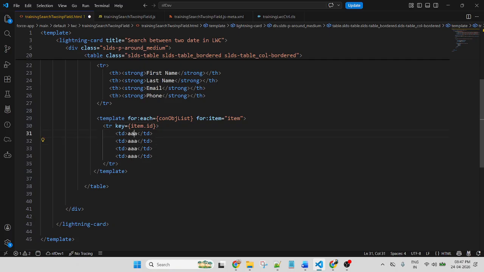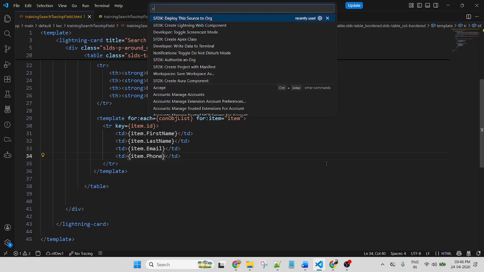Now instead of the dummy data, I will pass data dynamically. So use curly bracket, similarly item.firstName. Copy, change the field name: lastName, email, phone.